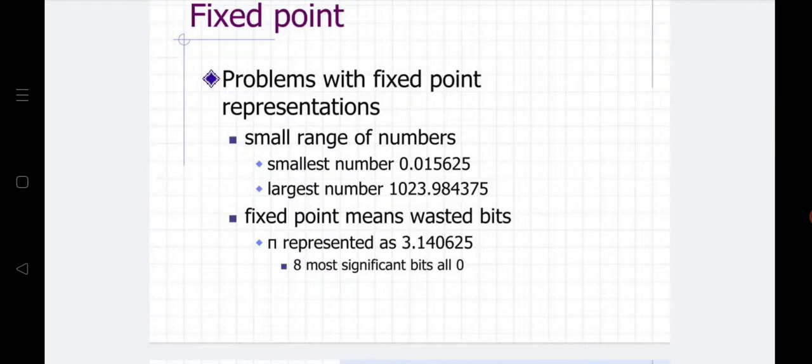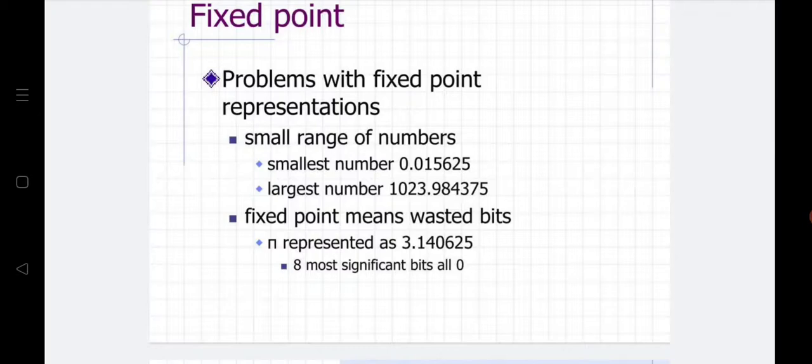If you go with a fixed point, it means wasted bits. I am going to waste a number of bits here. Now, let us go with a 2-digit number. Suppose the 2-digit number is 39.56. If I am going with 39.56, that is your 2-digit number. That is a value, okay, fine.